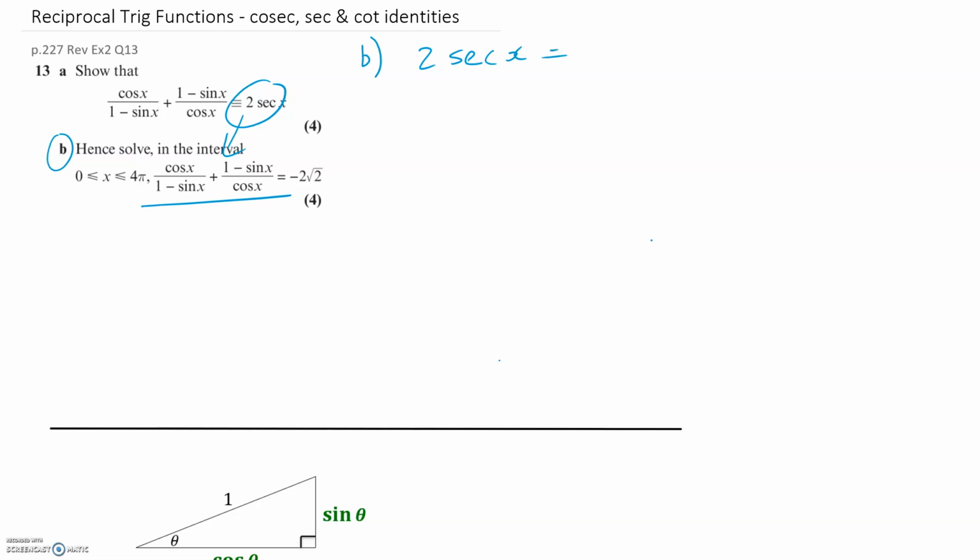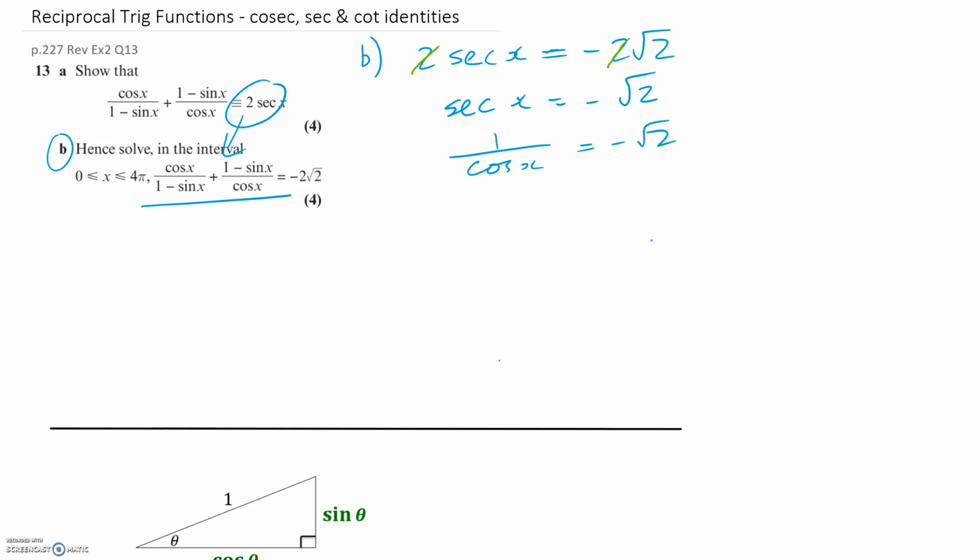So we've got 2 sec x equals minus 2 root 2 here. These 2's are going to cancel, divide both sides by 2, and we've just got sec x equals minus root 2. So now there is no sec button on your calculator. You can't do inverse sec on your calculator. So you need to just change that to cos. So that's 1 over cos x